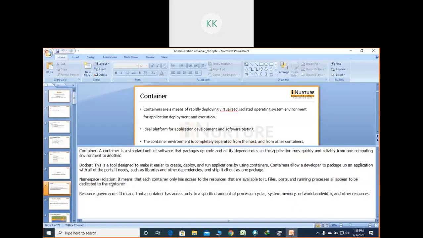Okay, we'll discuss these two concepts and stop for today. One is namespace isolation. What is meant by namespace isolation? It means that each container only has access to the resources that are available to it. Suppose you have two brothers and your father has decided that car 1 will be used by Sunburn and car 2 is used by, say, anyone, XYZ. That means